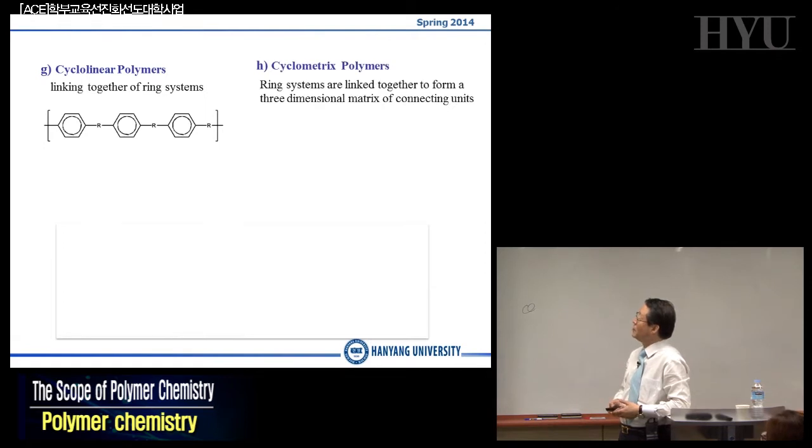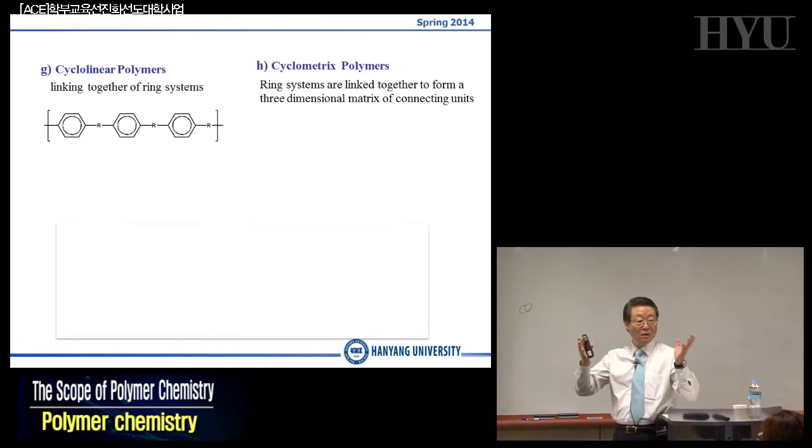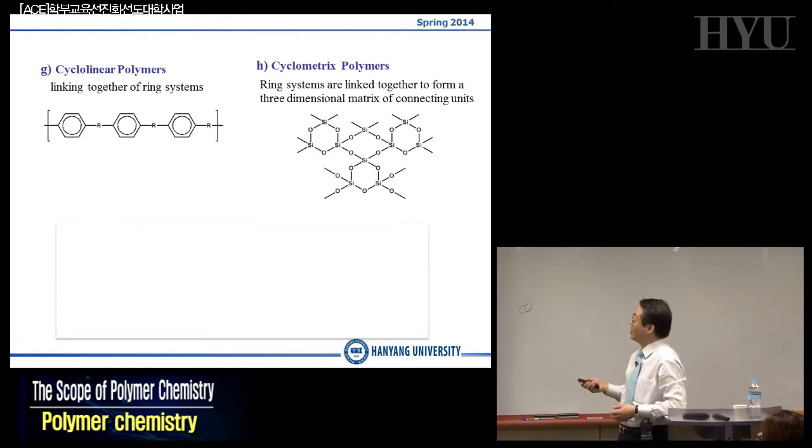We have a cyclomatrix polymer. Cyclo means that you have a ring, okay? Cyclomatrix ring, which consists of silicon. Silicon is the inorganic atom, whereas oxygen is organic, and this is what we call the inorganic and organic